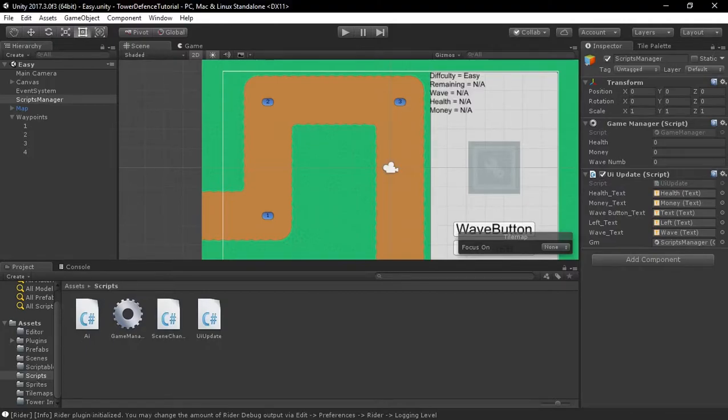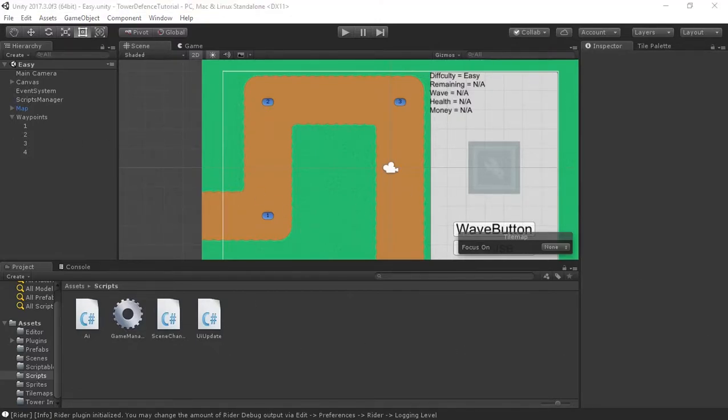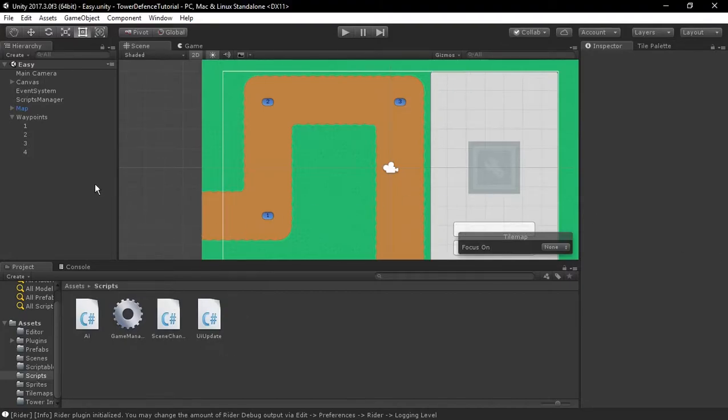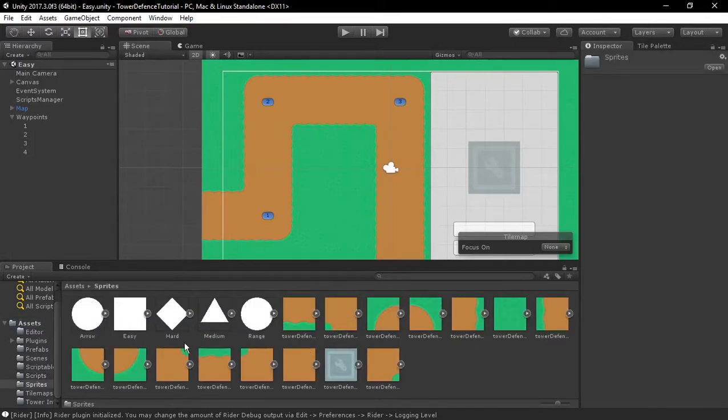Okay, that's done. So we have done the AI, so now we need to actually do the prefab itself. So what's the thing going to be moving around? I do not actually have...